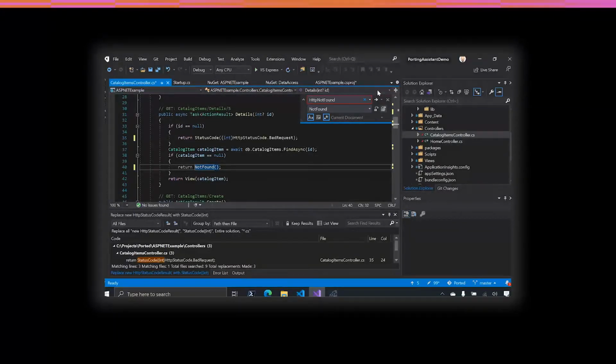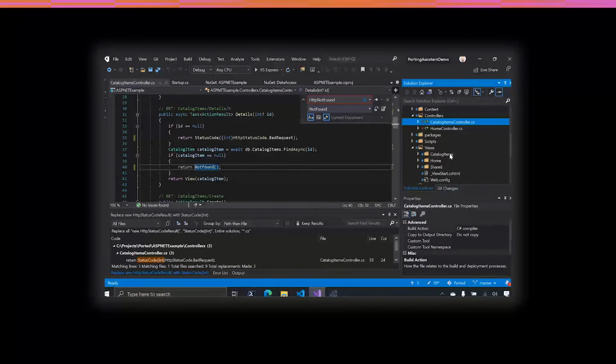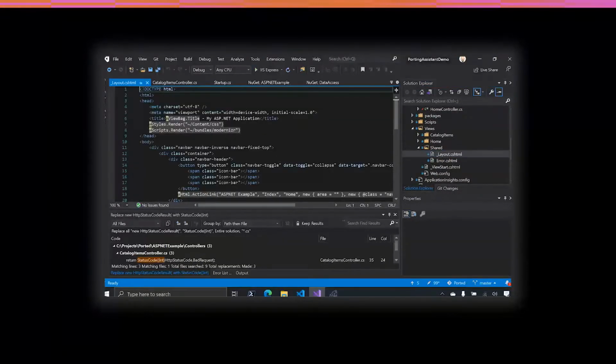All right, so now we're in the home stretch. The last little thing we need to pay attention to is that Razor files in ASP.NET Core dropped a few things that were supported in the .NET Framework version. So first, let's go ahead and take a look at our layout.cshtml. And you'll notice it's going to be unhappy with Styles and Scripts. Well, that's because in ASP.NET Core, they came to the realization that all these tags were doing was simply emitting boilerplate HTML. So instead of Styles.Render, we'll replace that with a link,